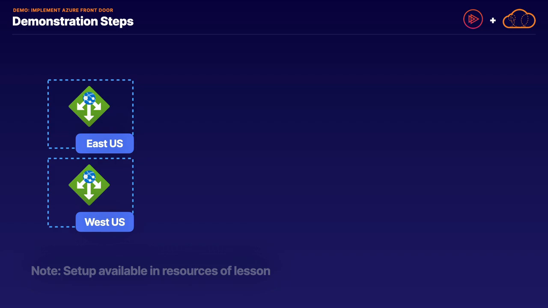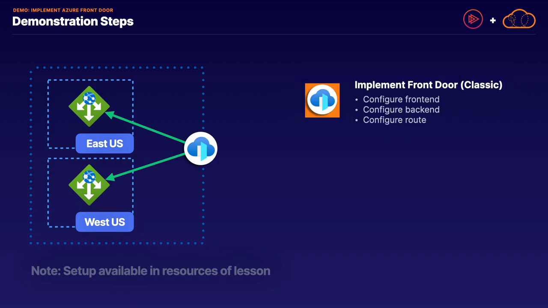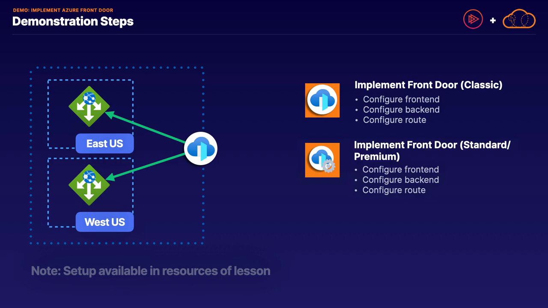Now, for the steps that we're going to go through, we're going to make sure that we use Azure Front Door to balance traffic to these application gateways in two different regions in two different virtual networks. And we can do this in a couple of ways. We can implement Azure Front Door Classic. We're actually going to briefly take a look at the Classic SKU. We're not going to actually implement it. We're just going to take a look at the experience of implementing that resource. And then we're actually going to implement Front Door using either the standard or premium SKU,